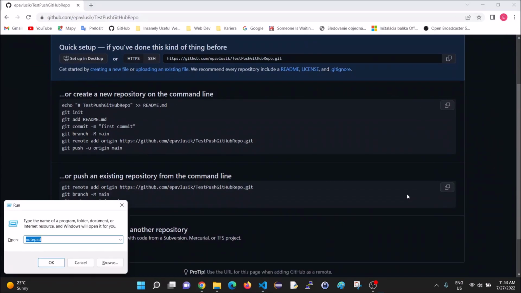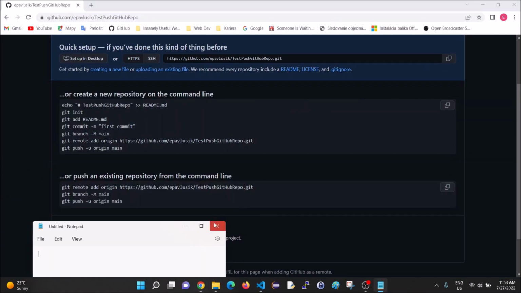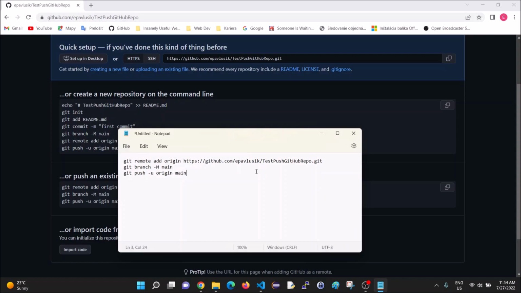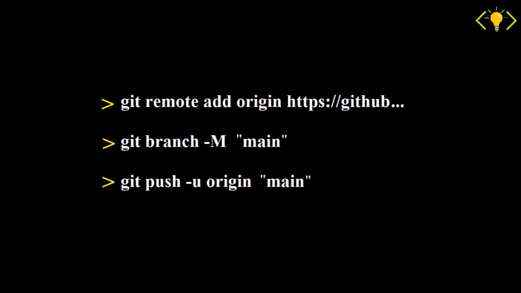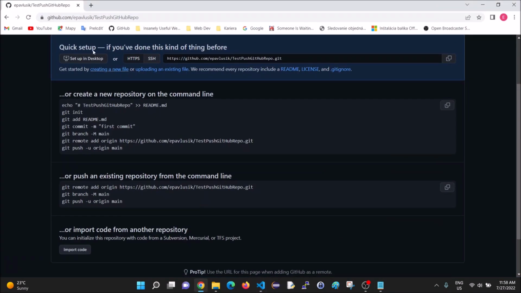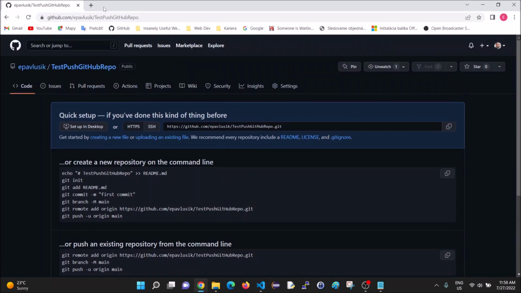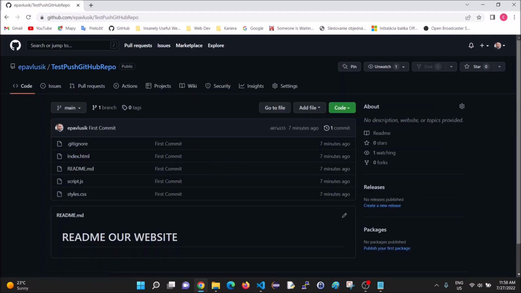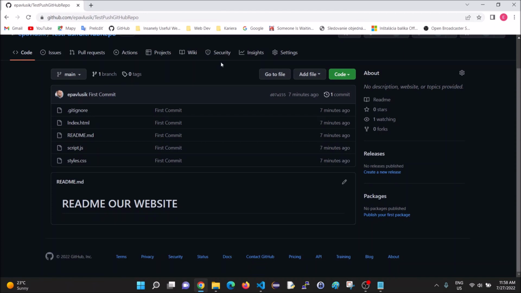Now let's go back to the text which we have copied from the GitHub. We should now execute in the terminal the following commands one by one. After writing all these commands, your repository on GitHub should be filled in the background with files from your project. GitHub will prompt you to authenticate that you are the owner of repository and of course of the profile. When you will refresh your browser, all the files should be in your GitHub repository and you have made your